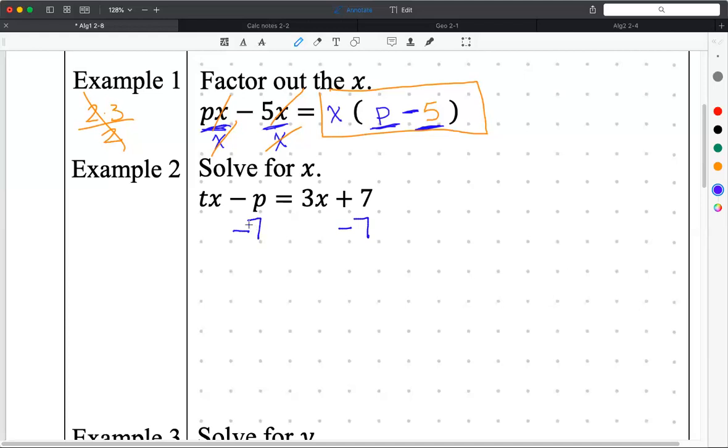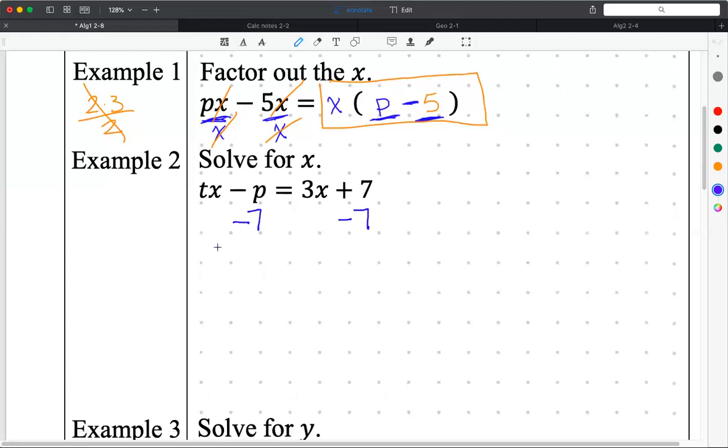Again, I could have said 4 different things. I could have added P to both sides. I could have subtracted 3x from both sides. I could have subtracted tx from both sides. The important thing is we're heading towards the direction of variables on one side, non-variables, the constants, on the other side. All right, so